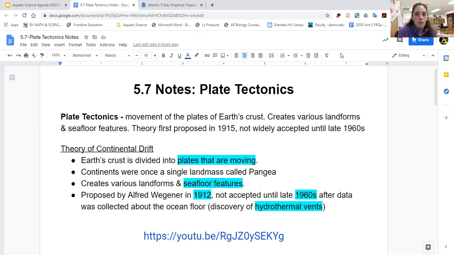So when it comes to our complete theory of continental drift or plate tectonics, we've got our Earth's crust divided into plates that are moving. Our continents were once a single landmass called Pangea, in which plants and animals moved about, all of them. Over time they have broken apart, moved around, and created various landforms such as mountain ranges, like the Himalayas and the Andes Mountains of South America, as well as seafloor features. So things like trenches, mid-ocean ridges, and some of our volcanic islands are going to be a result of plate